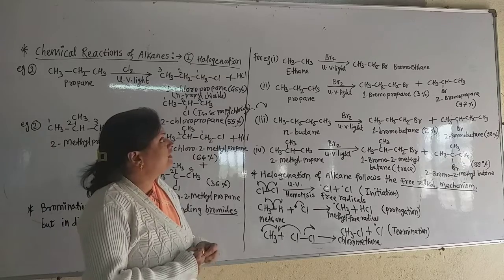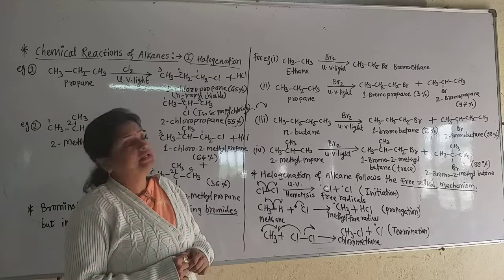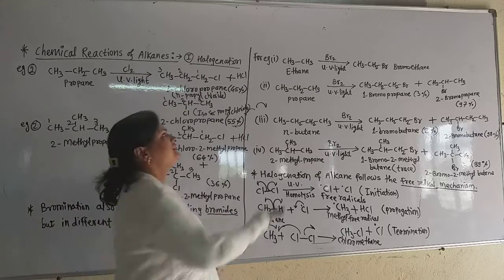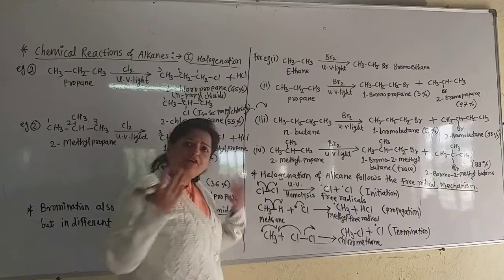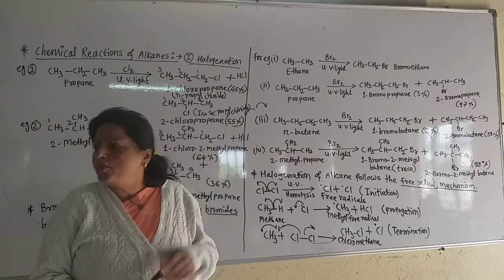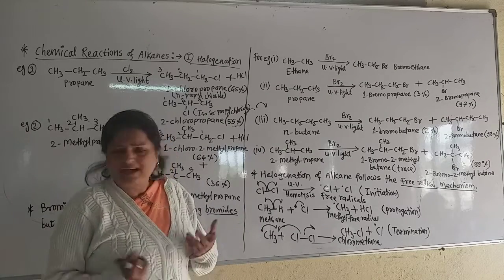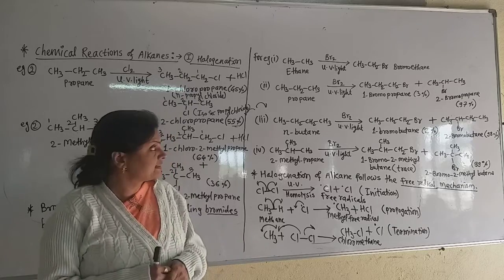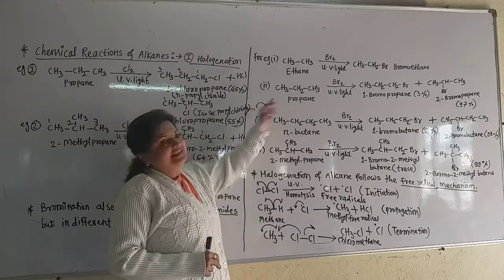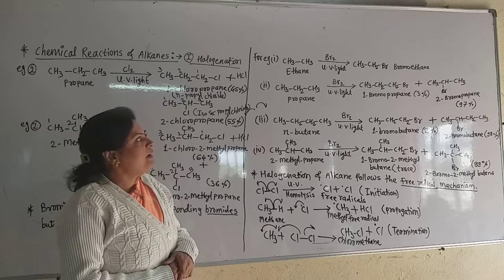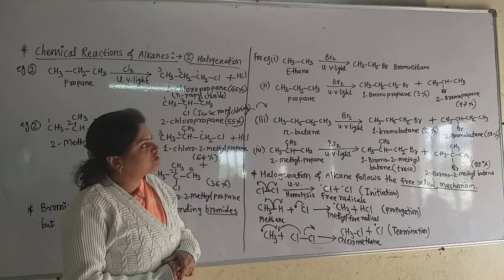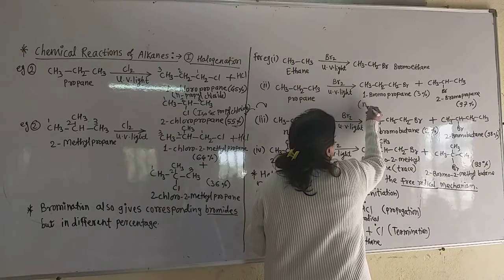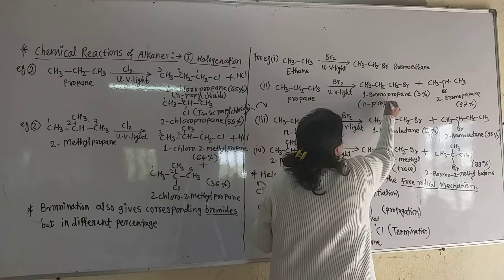Now, in bromination, take the first example of ethane. On bromination in ultraviolet light, as both the CH3 groups are similar, only one product is formed there. That is bromoethane. And 100% bromoethane is formed because another compound is not there on the product side. Now propane is here. Propane on bromination forms the n-propyl bromide.